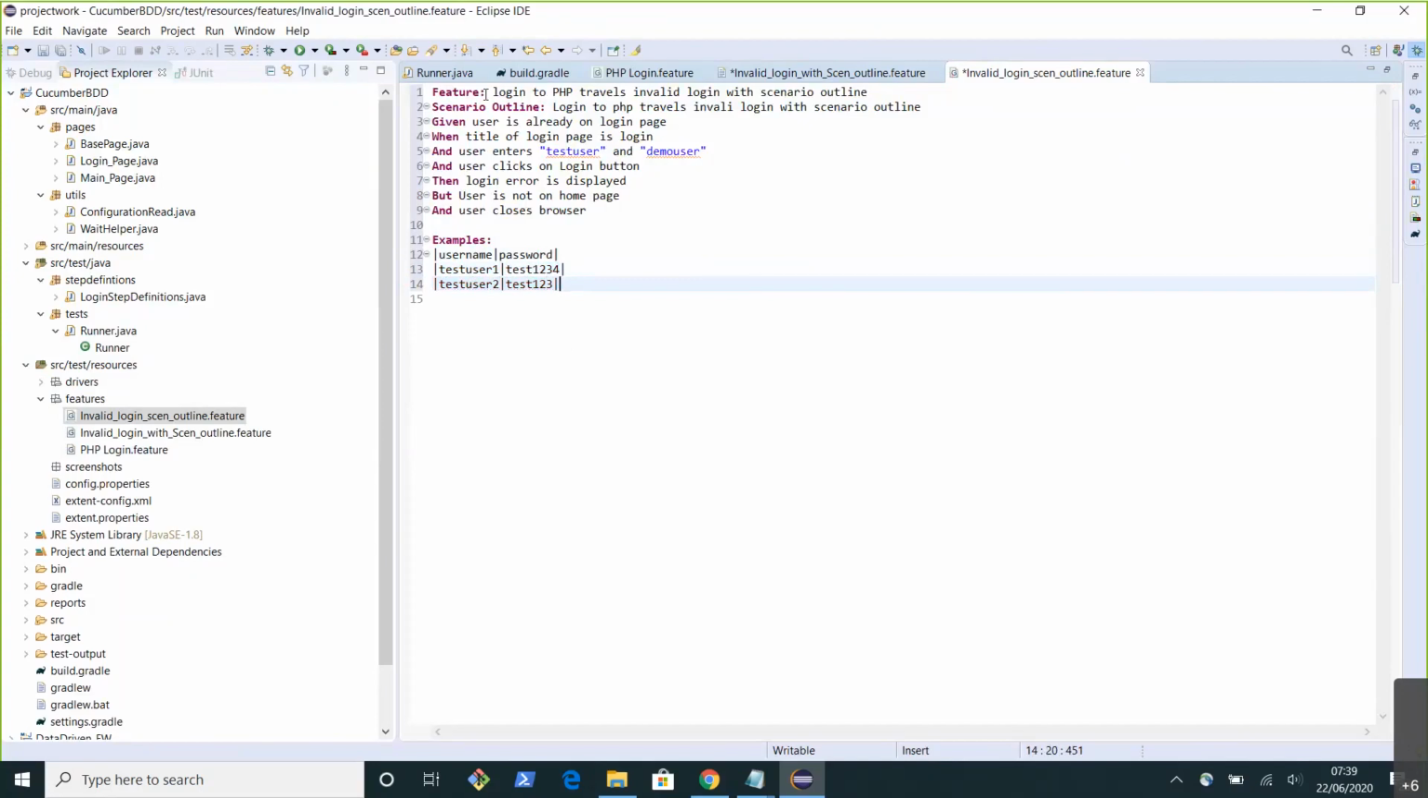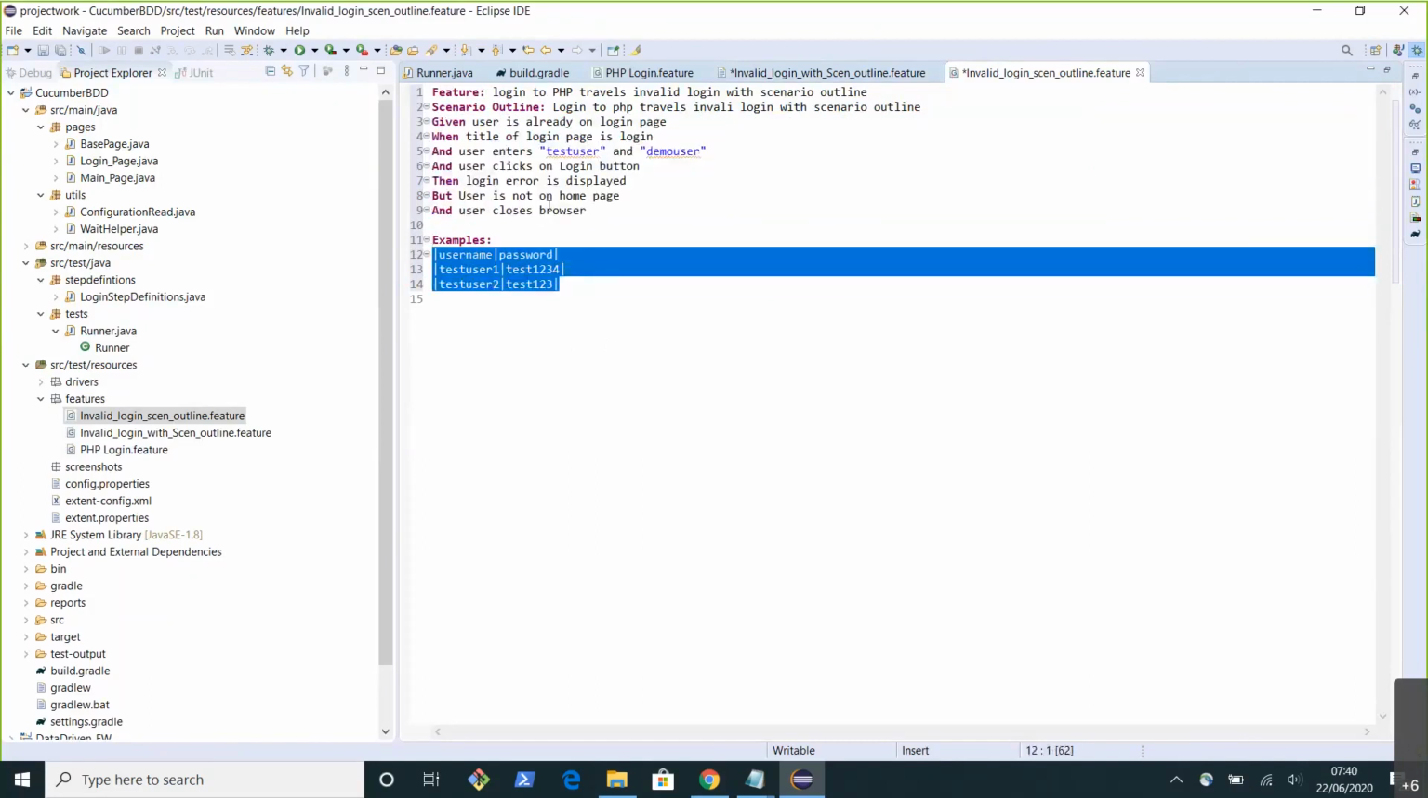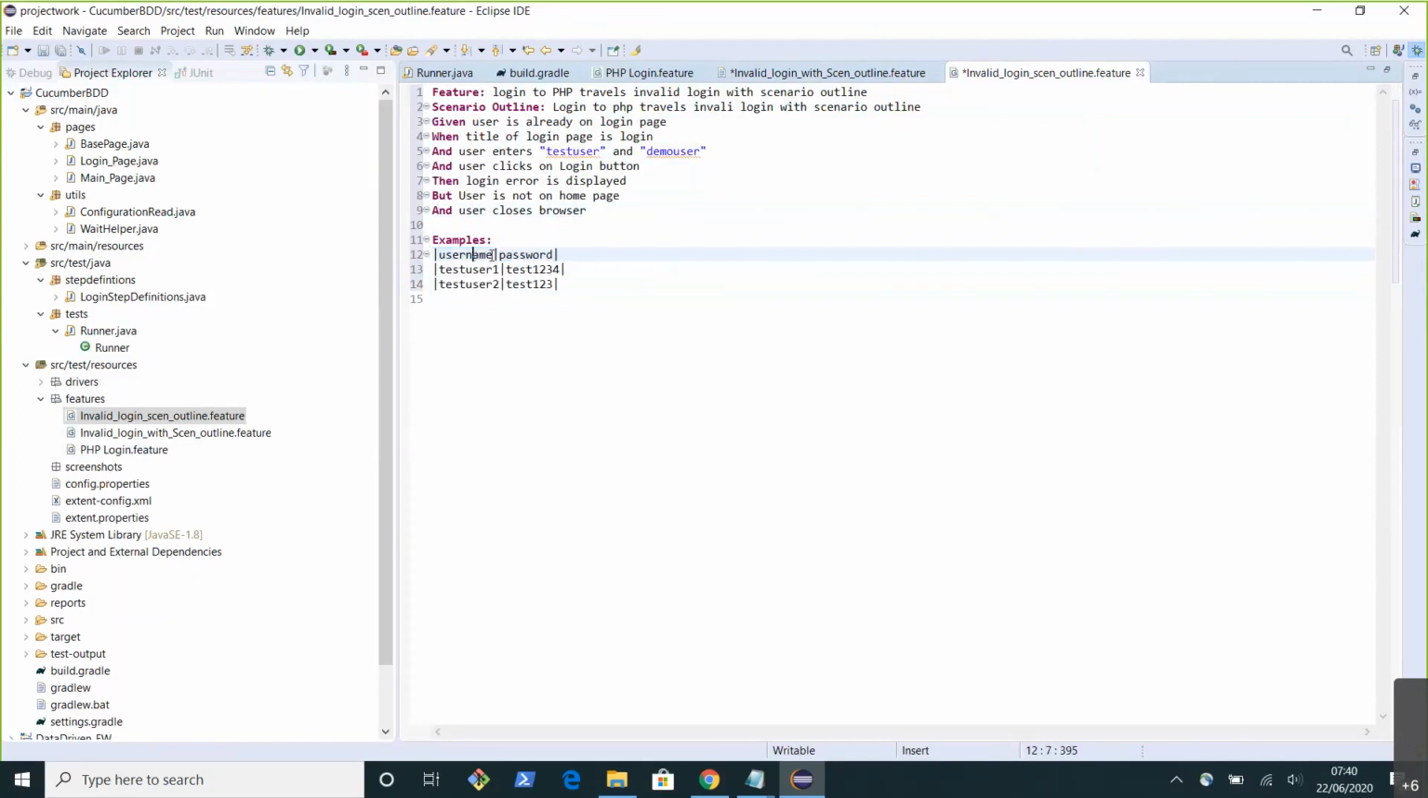So basically the scenario outline, what it means is we want to execute the underneath scenario with different examples. And when we specify like this, whatever column you define should have been mentioned somewhere here, so that it would use that example for that particular step. So here, instead of saying user enters test user and demo user, which was just for the parameterized test that we have seen,